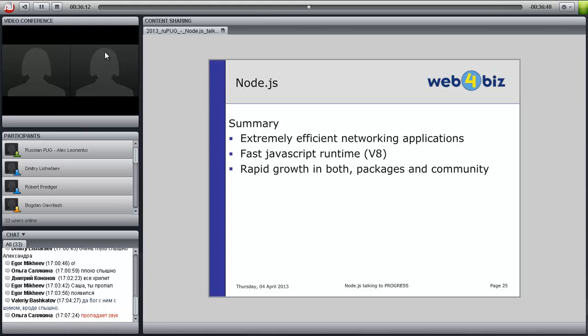After switching to Node, they cut it down to 3 servers. Just to get an imagination of how efficient Node really can work in reality.